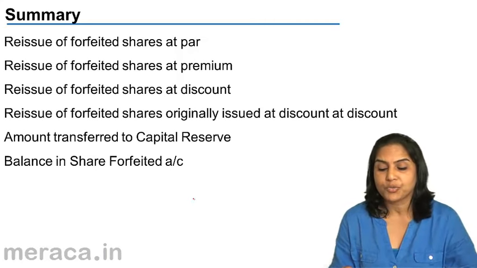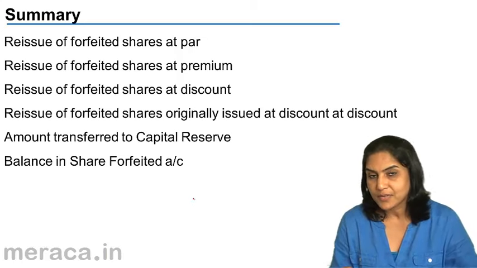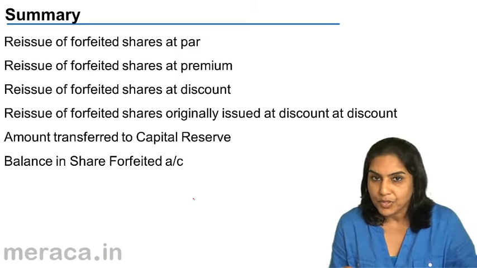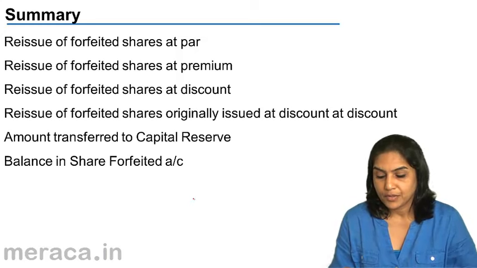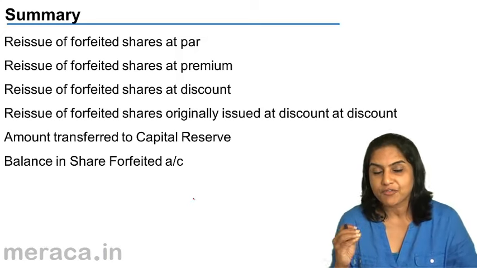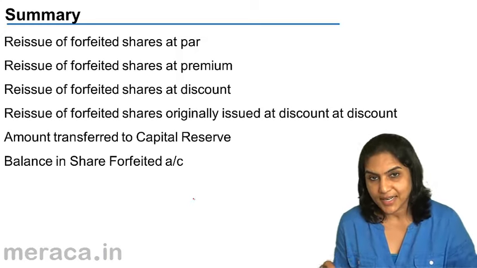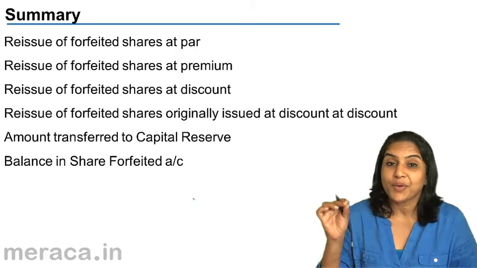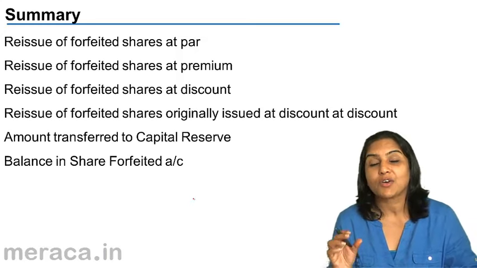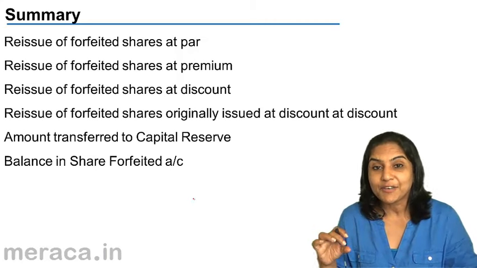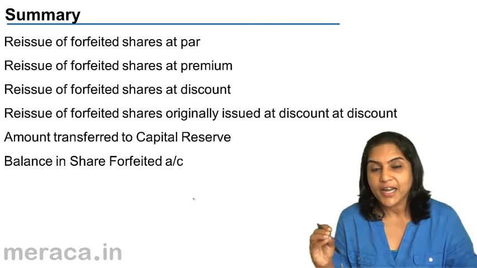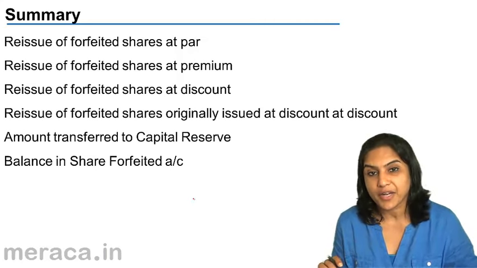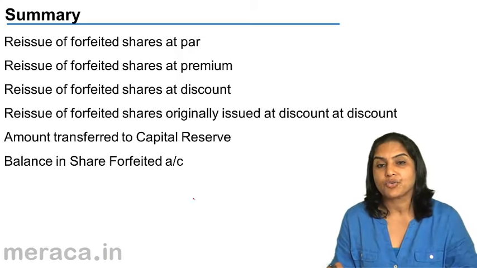And the amount which is transferred to capital reserve, we need to compute. How do we compute? Two ways we could do it. One is, the amount received on forfeiture is the net gain. The amount that we have debited to shares forfeited account is the loss. Therefore, the difference per share into the number of shares reissued would give us the amount to be transferred to